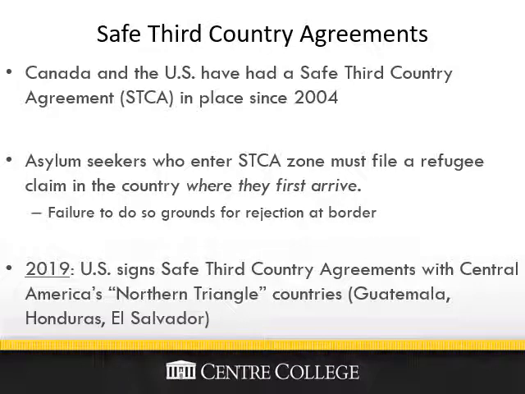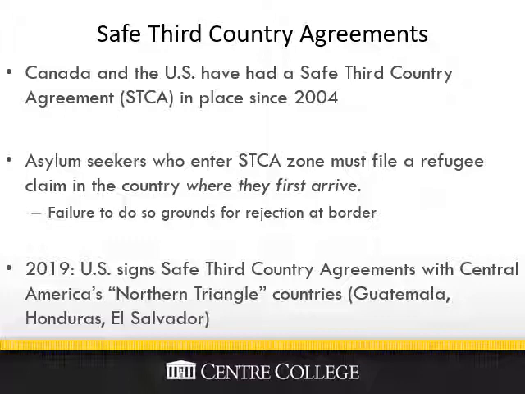So under this agreement, if a migrant arrives in the United States, their obligation is to file an asylum claim within the United States, and if they fail to do so, they can get rejected at the United States-Canada border. So this has been in place quite controversially for the past 15 or so years between Canada and the United States. And even more controversially, the United States has used this as a template for agreements that it entered into